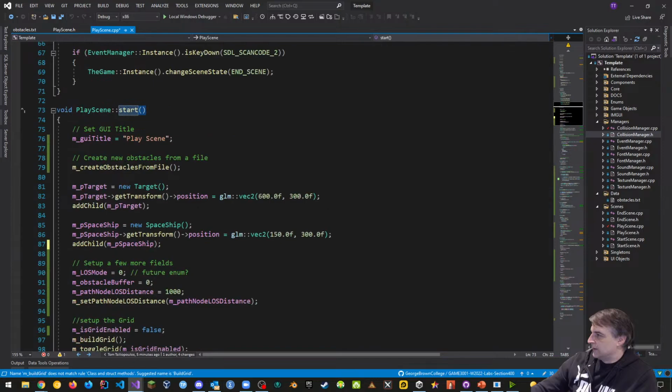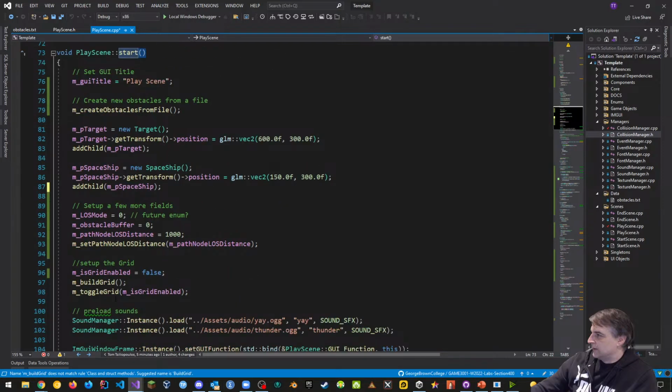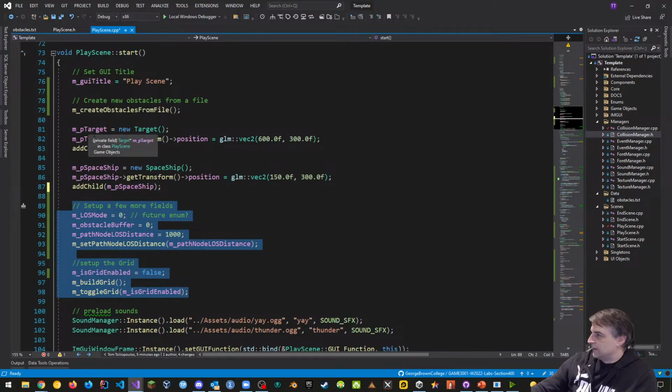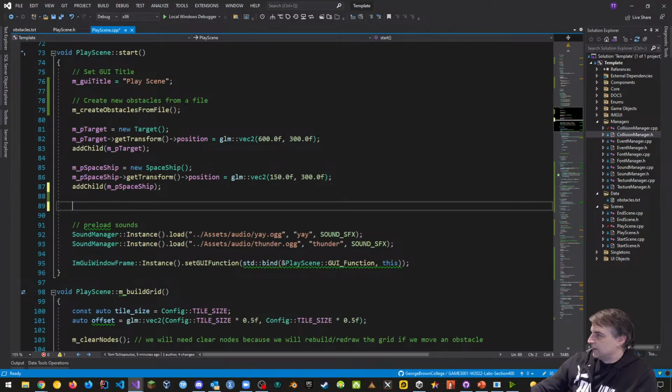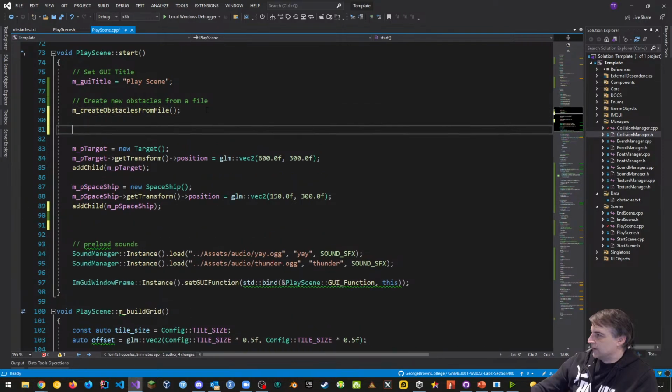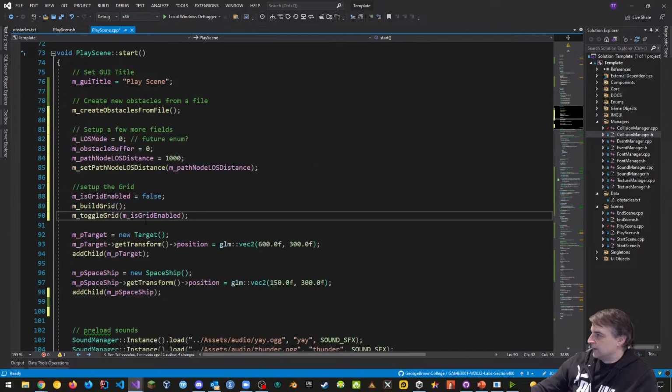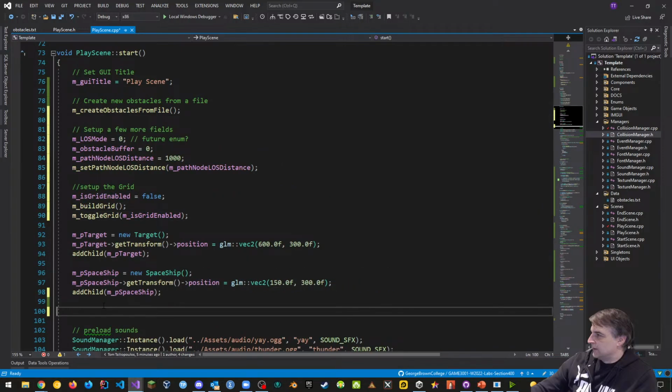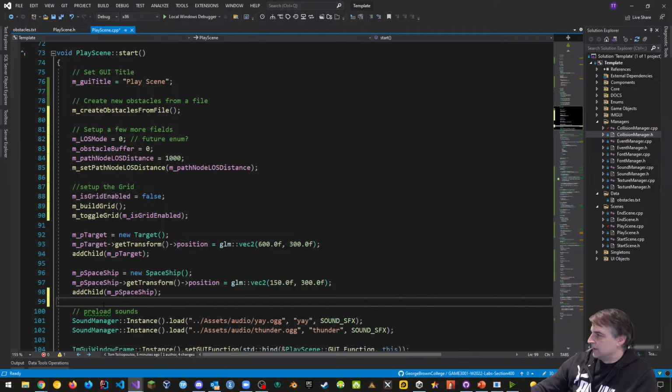So we need the obstacles to be created first, but then what we can do is take this whole piece, right? And again, probably all of this is what I'm going to move. Let's see if we can move all this so that the target and the spaceship are at the bottom of the start, right? So grab all this and put this in there. Remember, if it breaks, we can always move it back. That's the beautiful thing about trying this out, right? So let's put this in there. Save. Again, just a slightly different order, and let's see how that looks.